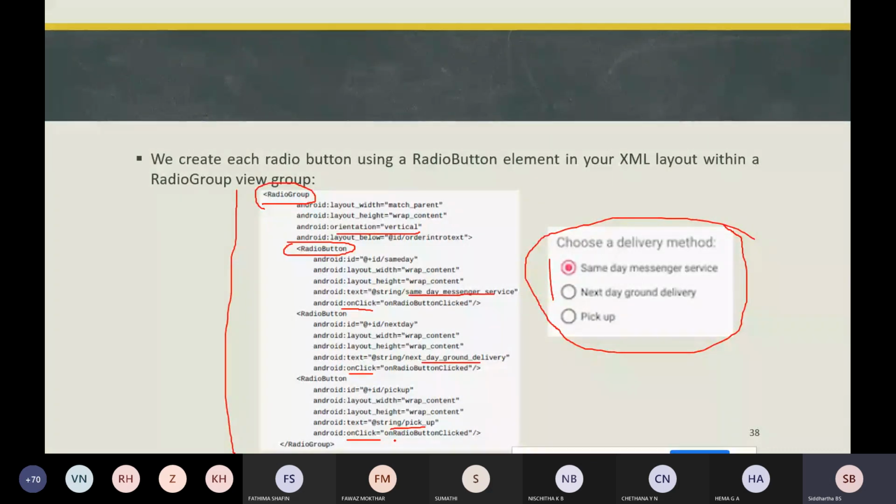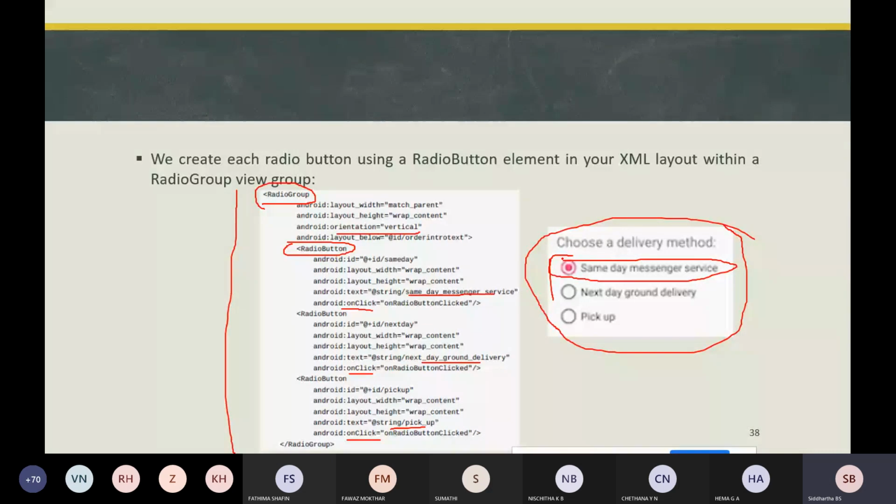In this layout, if you click any of the radio buttons, for example here this radio button has been clicked, it calls the on radio button click method in the activity.